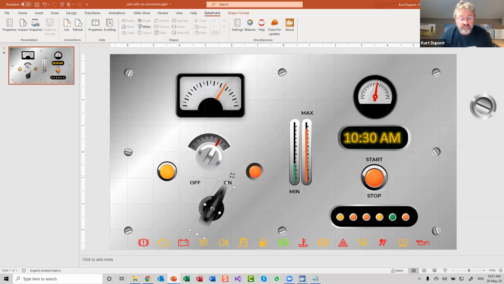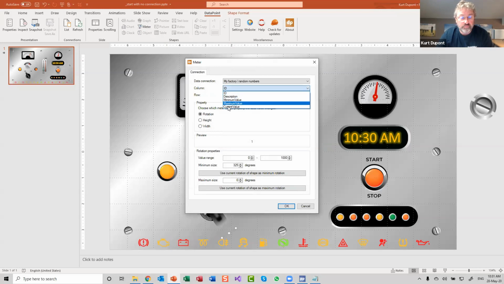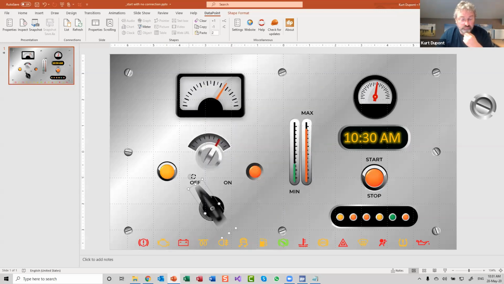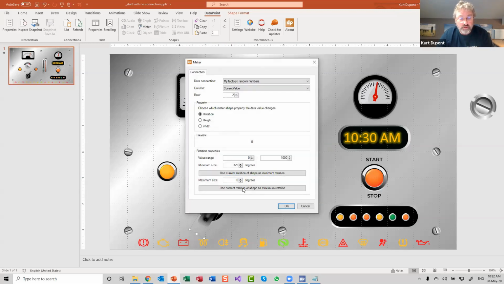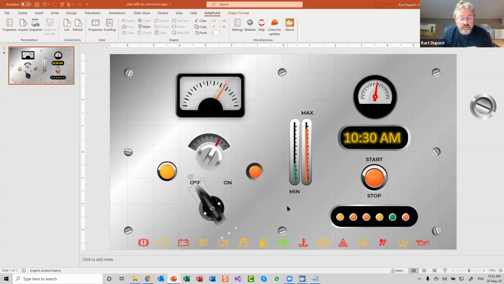First of all, I have to turn this to off. I go to meter, current value of row number 2. This is the minimum location. That's the maximum location of position. And there it is. So now when we run this slideshow,